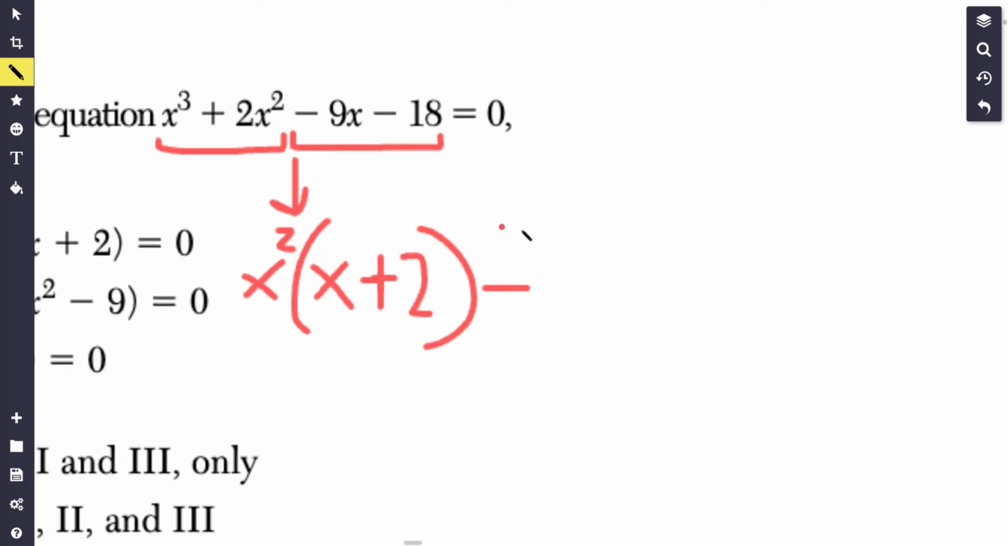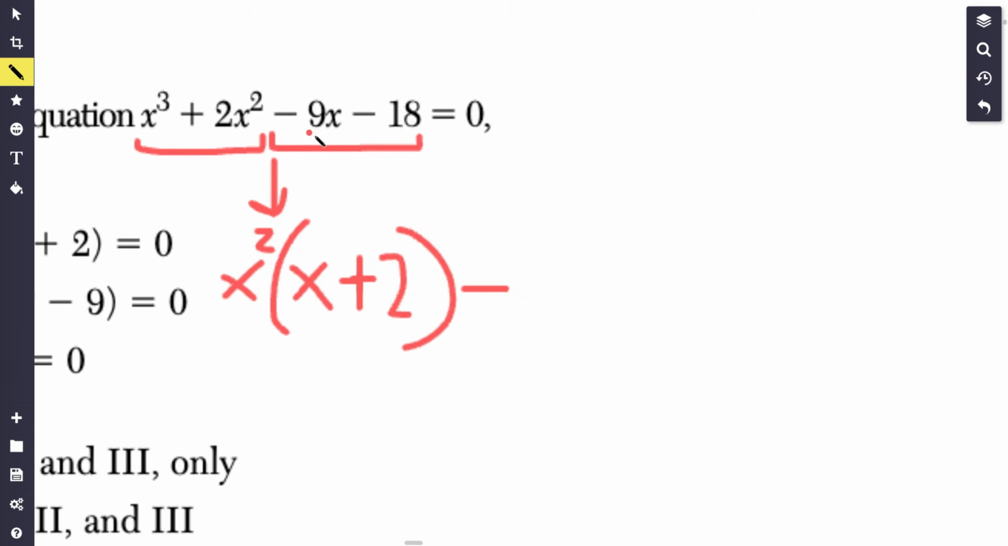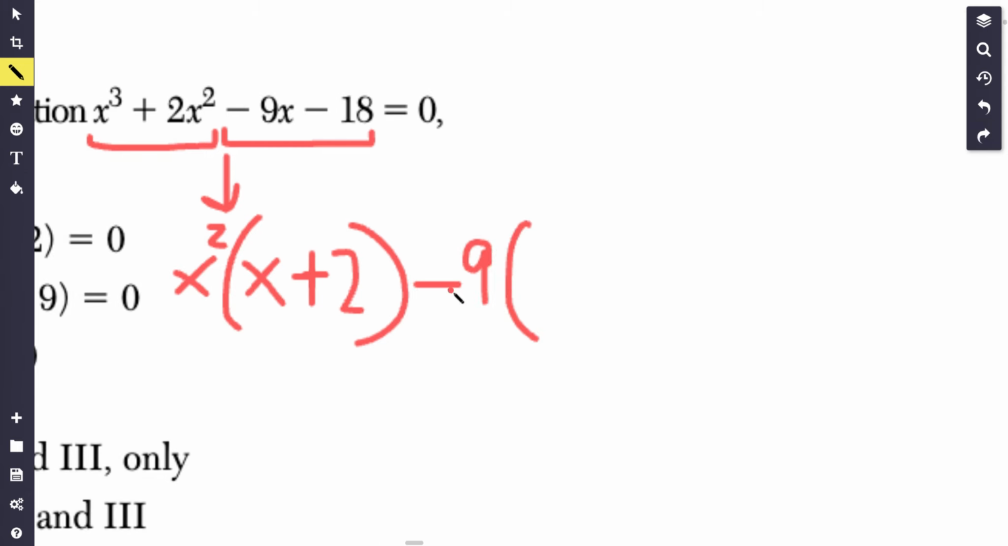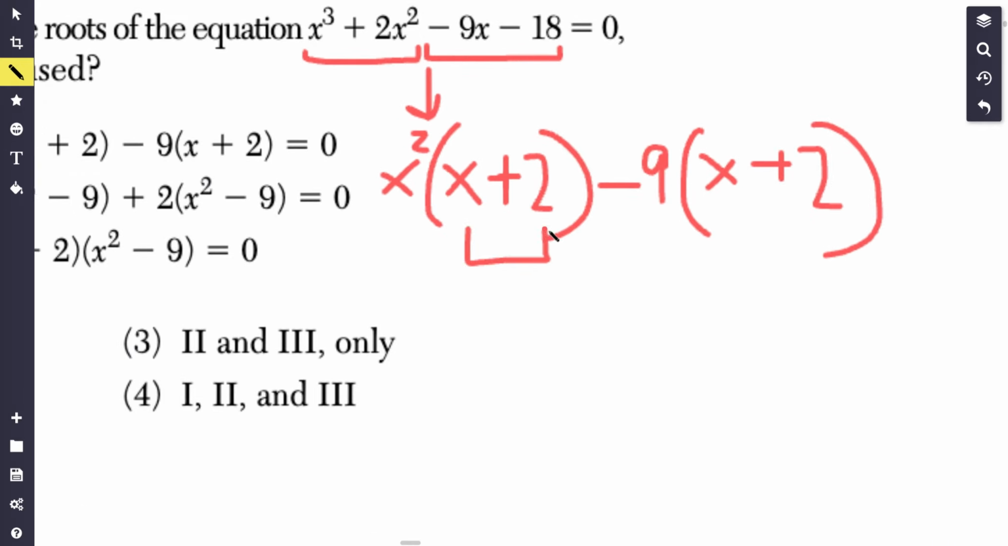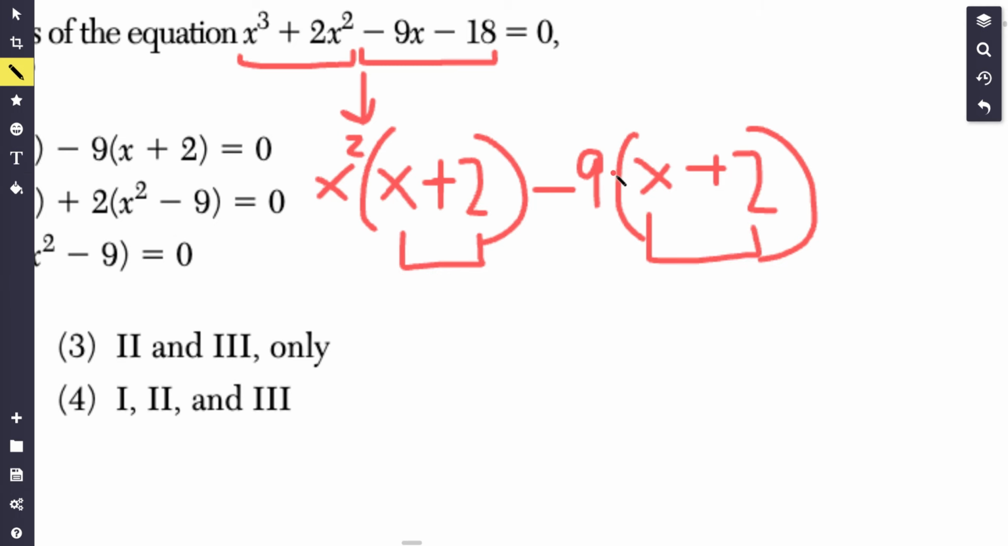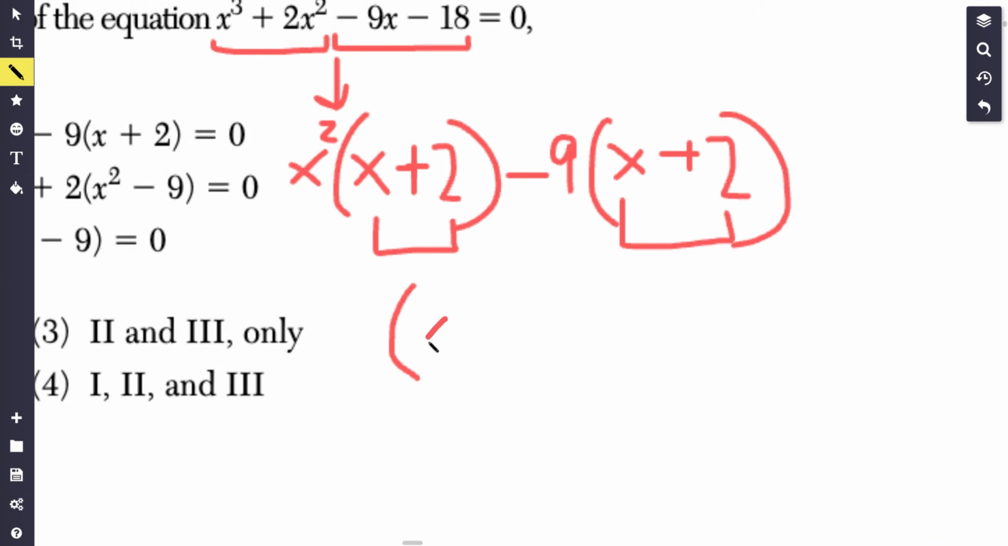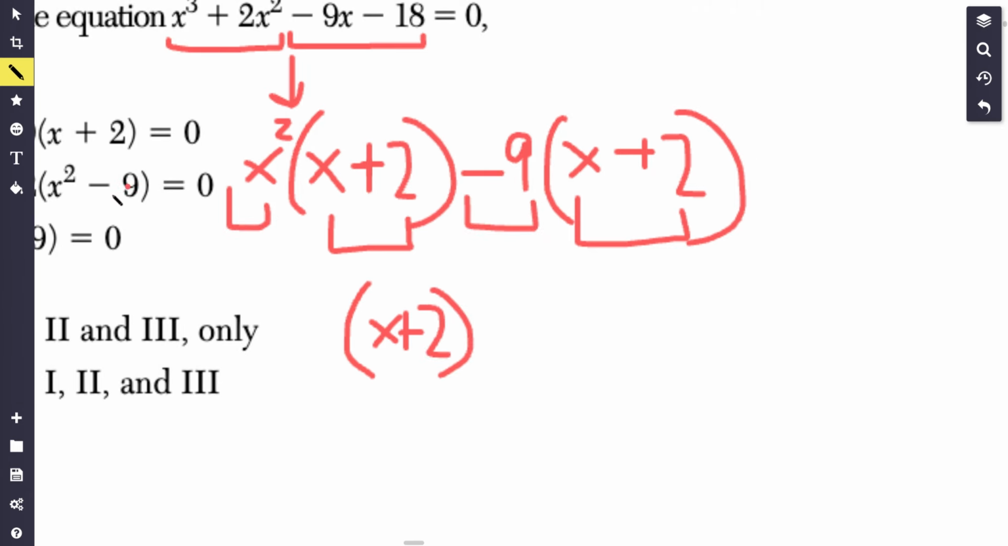And for the second part, this is going to be minus. You can factor out a 9. If you take negative 9 away from negative 9x, you're just left with the x part. If you take negative 18 divided by negative 9, you get plus 2. Notice how the terms inside these parentheses are the same, meaning we can factor this by grouping the terms. So you're going to get x plus 2,